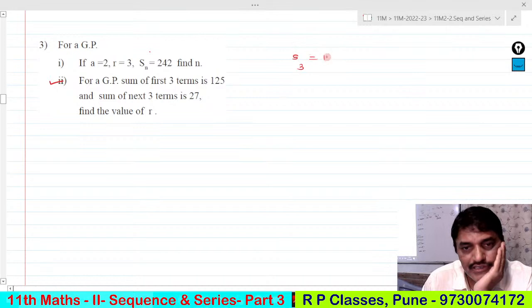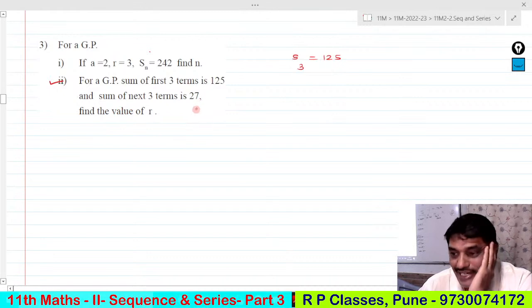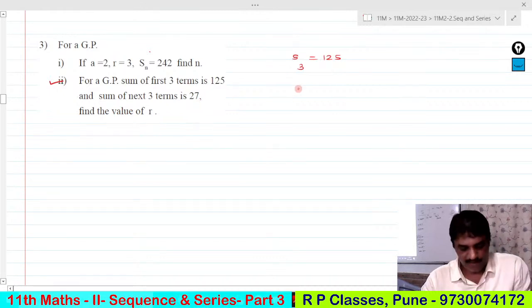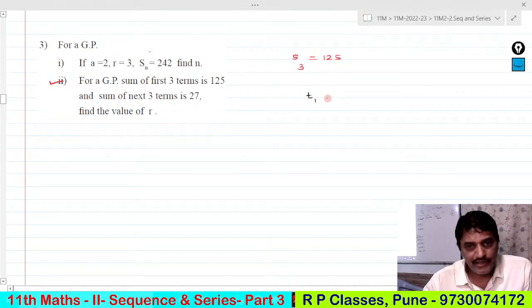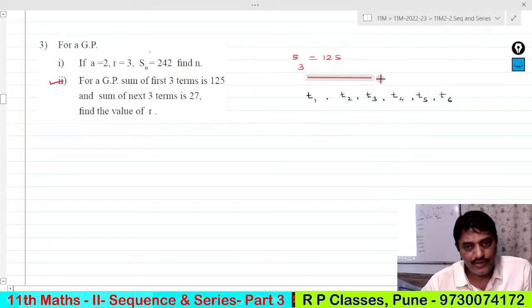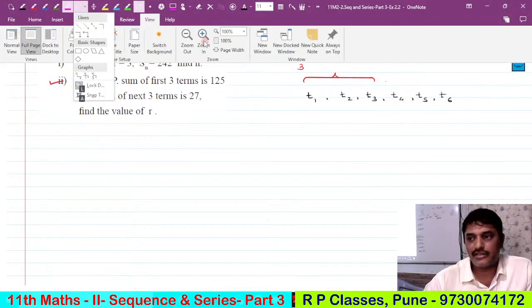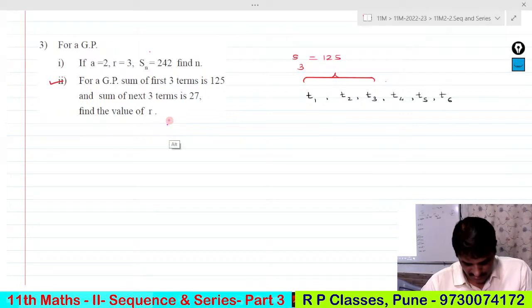So S3 is 125, correct? Sum of the next three terms is 27. कनेक्शन है ना, देखो ना, ये T1 है, ये T2 है, this is T3, T4, T5 and T6, correct? Now they have given us that this summation is S3, correct? Whereas if I'll add this,